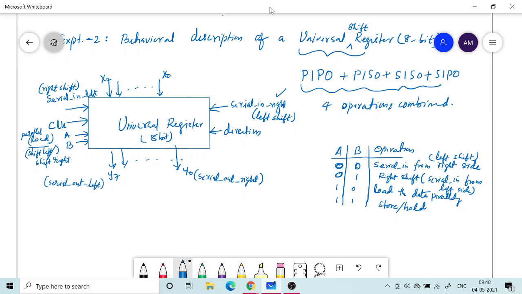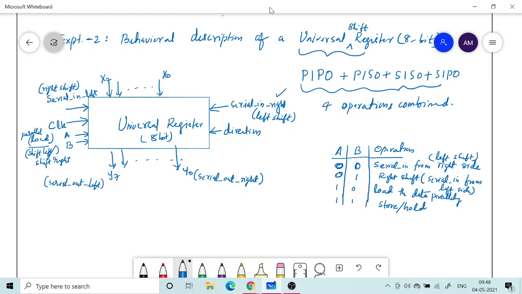So these are the 4 operations, because with the 2 control input you can have 4 different options possible. So you can take it as, so this will have all the features of PIPO, PISO, SISO, SIPO, depending upon from where you take the output and where you give the input. But for it to do it in a particular way, you also need to give the right values according to the control signal.